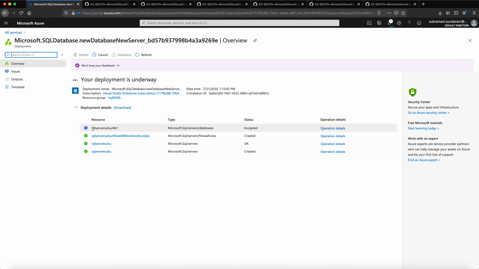Okay, the servers are created, the firewall rule is created, and the final step is still running.